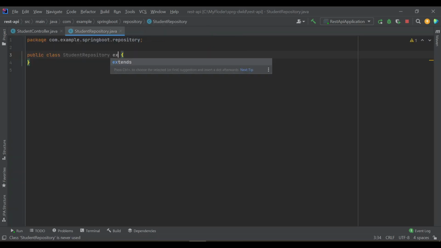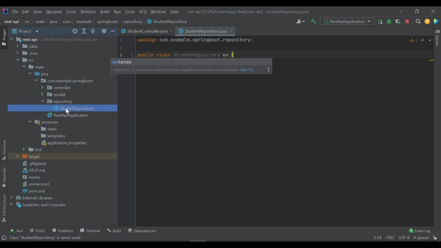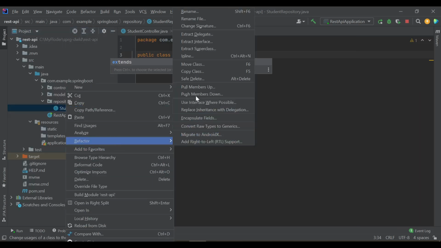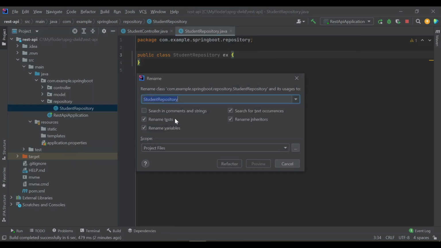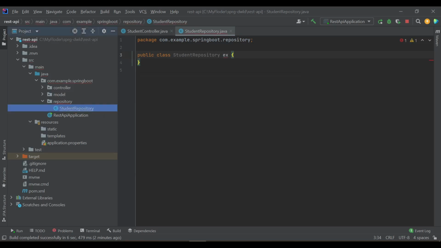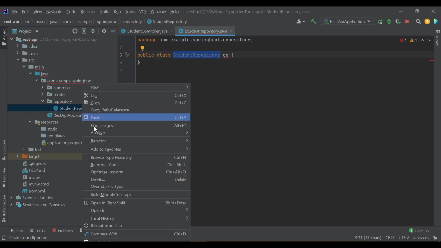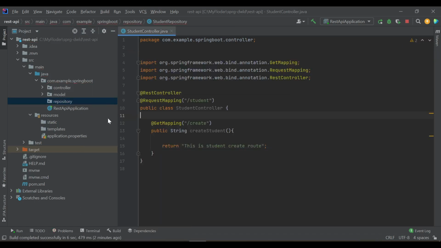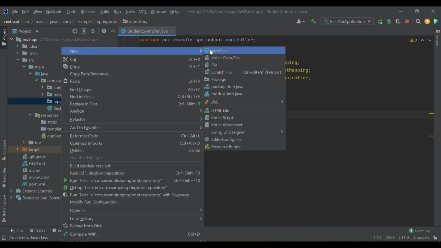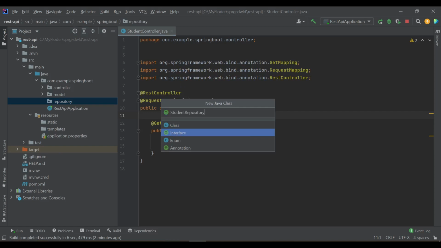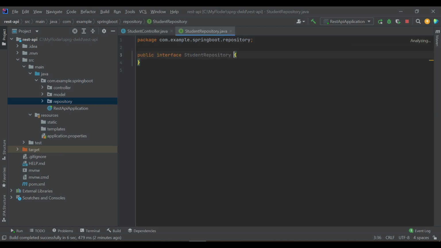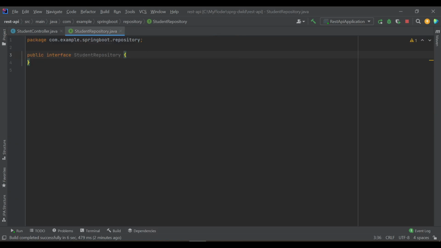Oh, my mistake, let me delete and recreate. Actually we need an interface, not a class. So we'll choose interface, and we want to use a repository called extend JPA repository.